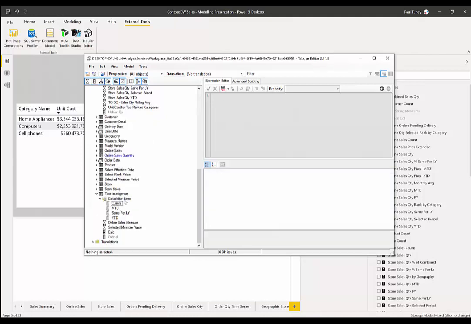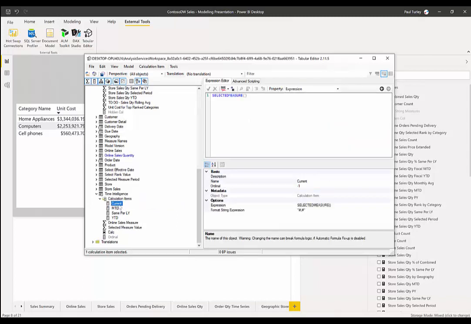And when I add calculation items right here in the menu, I just give them names, and I'm able to essentially build a templated pattern for the way that time intelligence functions and other logic should be applied in DAX against different measures.